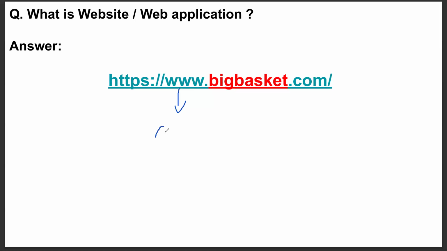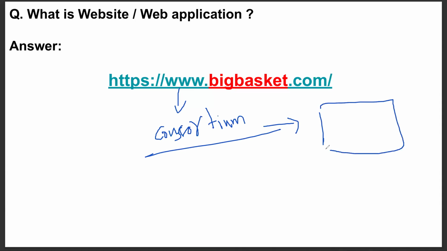So guys, WWW we have to call a consortium. I know it's a technical term for you. WWW is nothing but a consortium. In layman's terminology, you can imagine a consortium as a godown. If you think of a godown, a lot of materials and products are there, and anyone can go to the godown and fetch whatever they need.